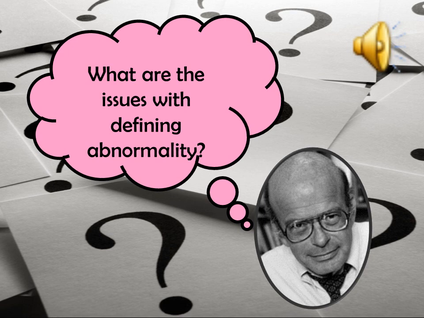Another of the issues with defining abnormality is, as we've discussed, what is normal. So cultural differences can come into play here. What one culture may perceive as something normal might not necessarily be the same in another culture, and so on. Also, the passing of time as well. Normal behaviours can change over time. So what may not have been seen as normal 50 years ago may be seen as normal now, if that makes sense. So there are a number of issues with defining abnormality. That's important to recognise as well.